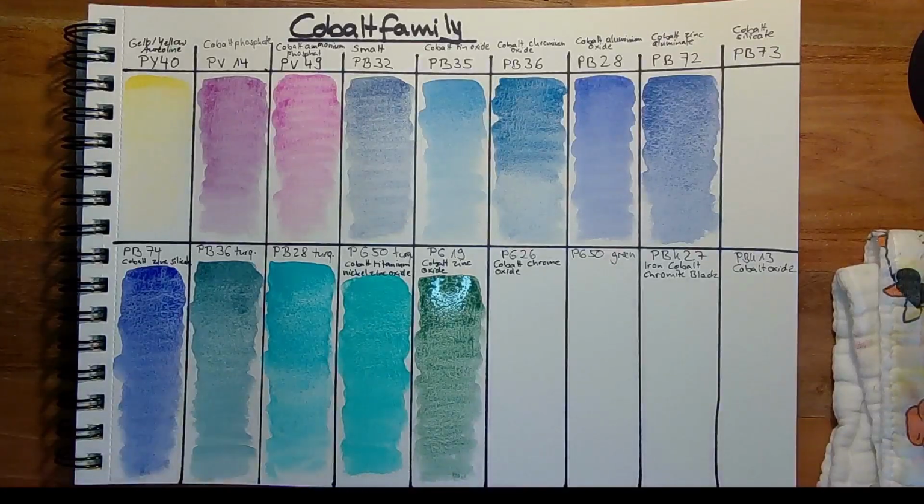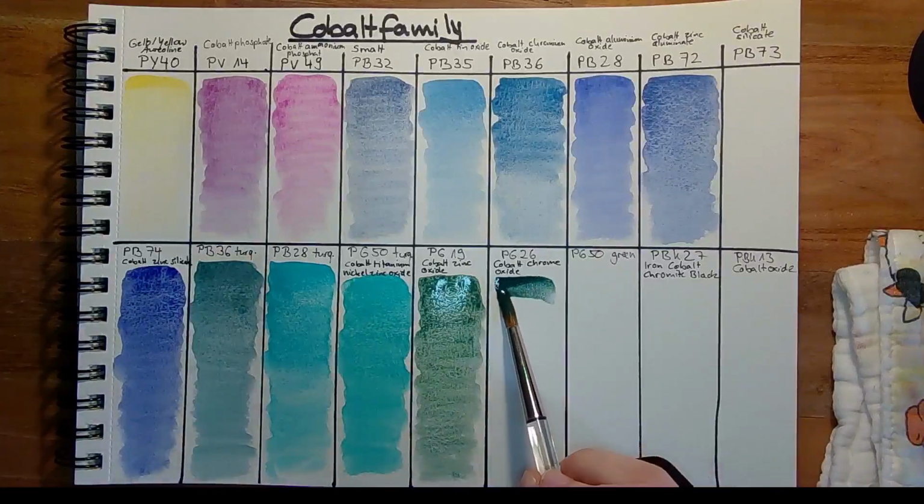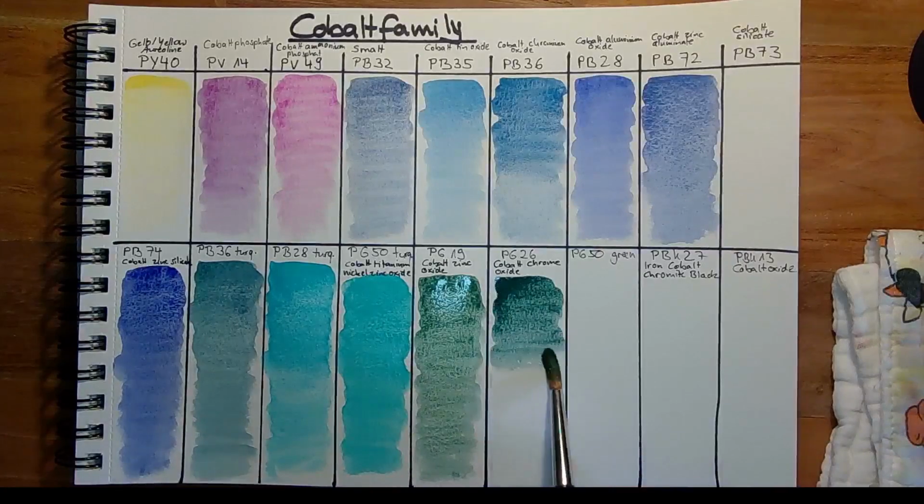And depending on which brand you are buying this PG26 from, it really is very different. So you can have 3 different brands offer it, and you get 3 completely different shades of green. And that's the reason why I will make a video for each color group, so that we can swatch all versions I have,